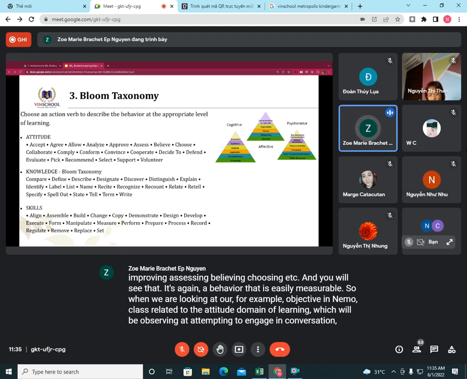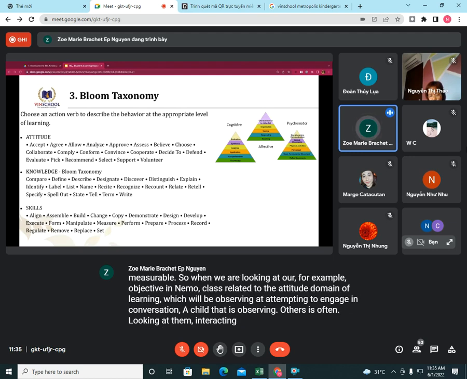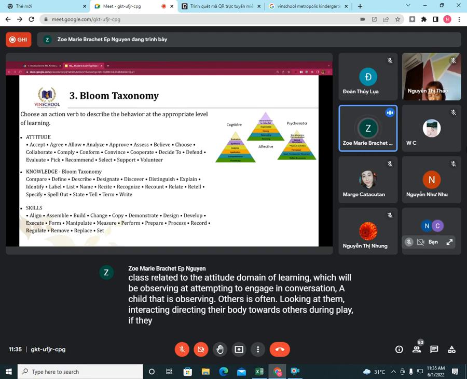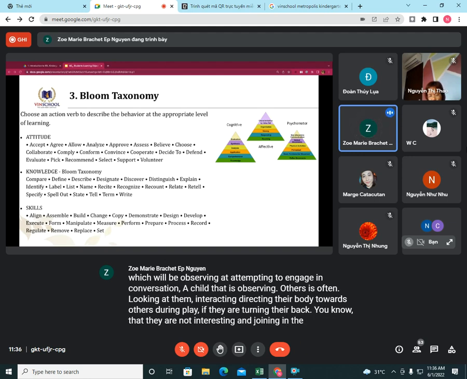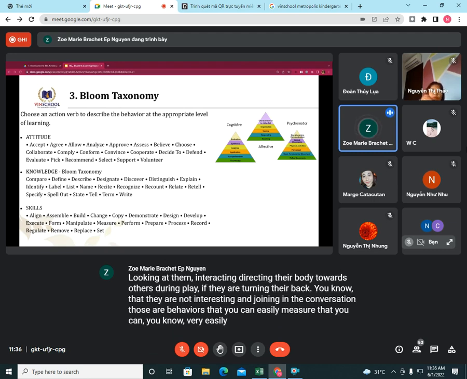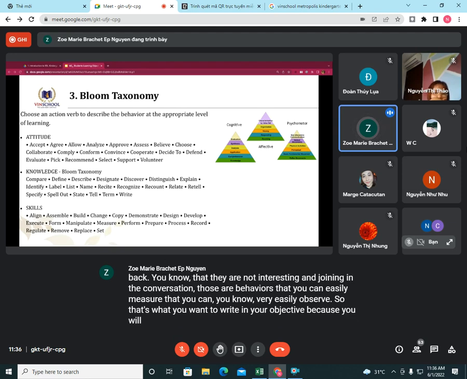A child that is observing others is often looking at them, interacting, directing their body towards others. During play, if they are turning their back, you know that they are not interested in joining the conversation. Those are behaviors that you can easily measure, that you can very easily observe. So that's what you want to write in your objective, because you will easily be able to tell whether or